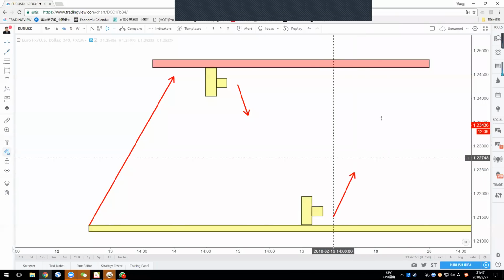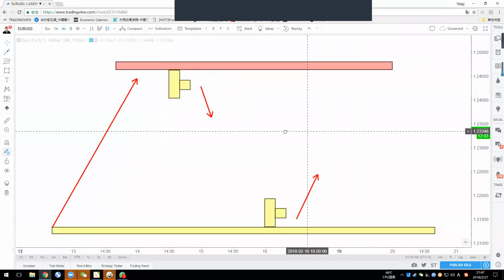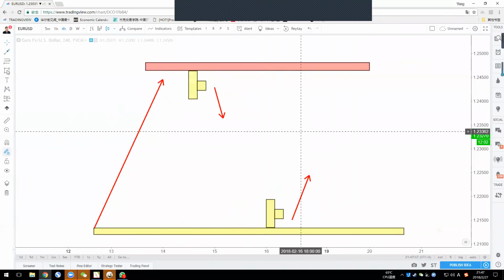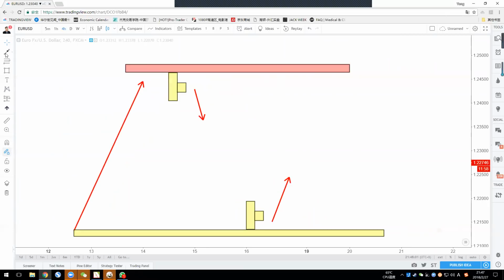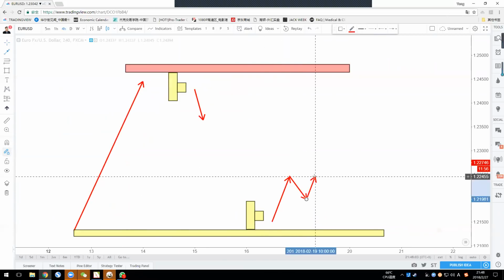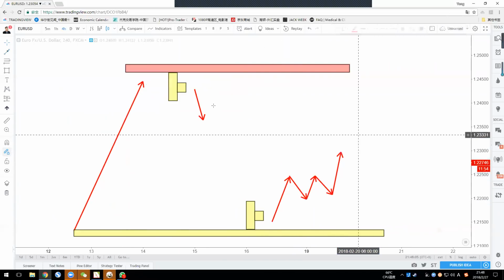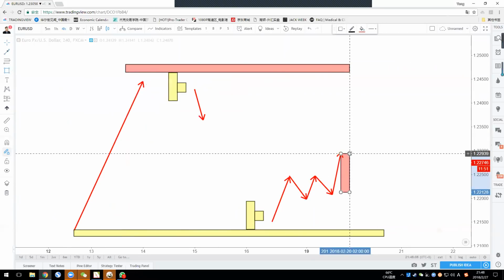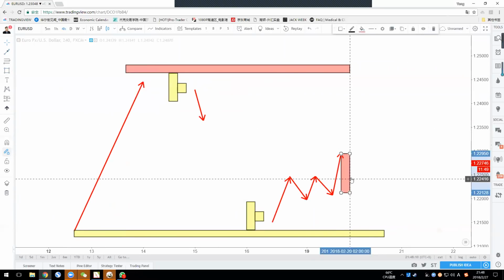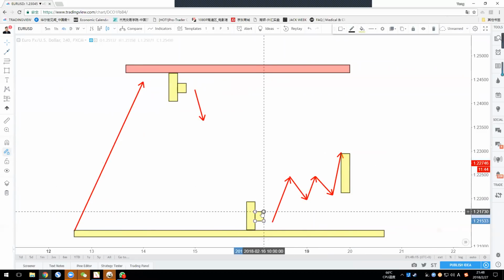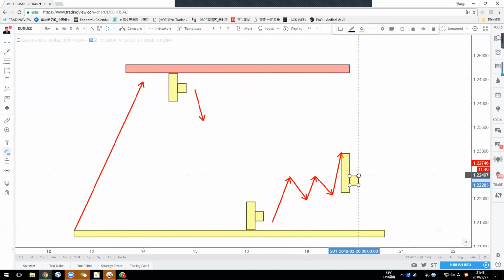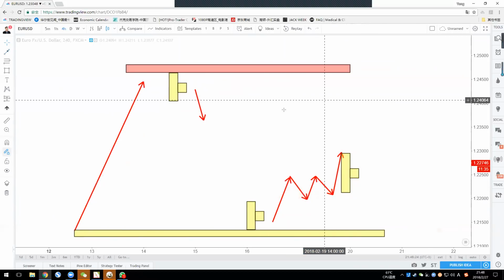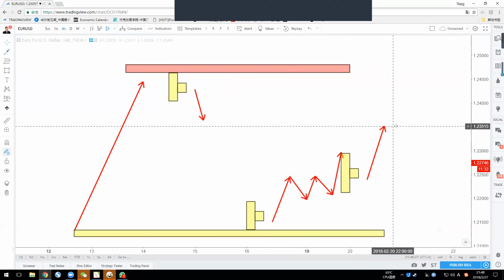Yes, up, because there is plenty of room upside. My question is, how about in the middle? If the price goes up, sideways a little bit, right? Boom, breaks up from the mother bar, and then is followed by an inside bar. In this scenario, what should you do? Should you trade up or down? Yes, still up.